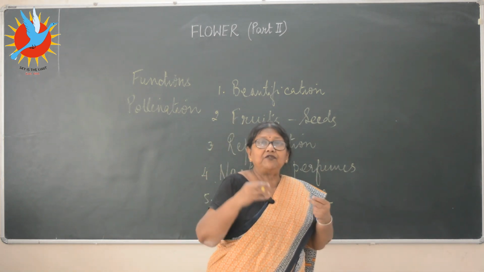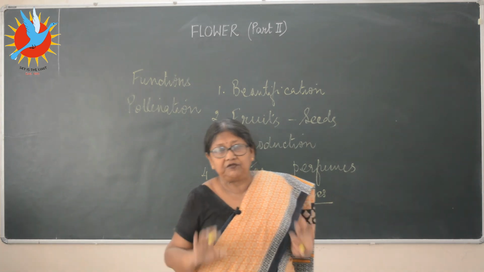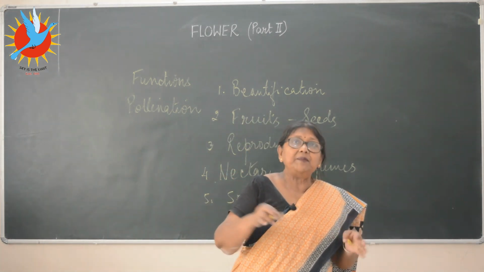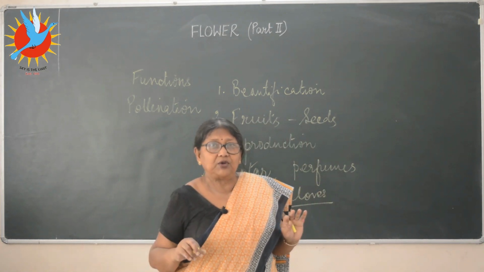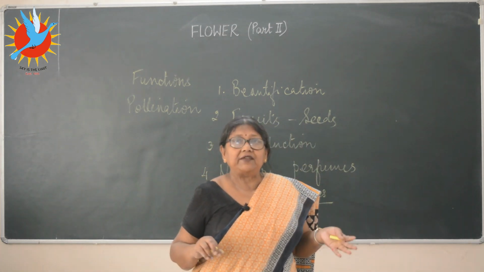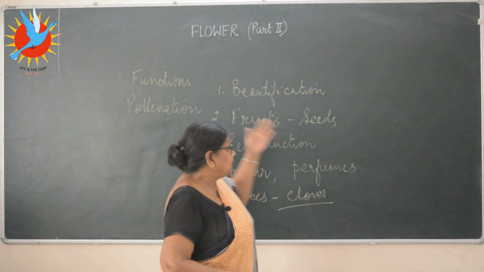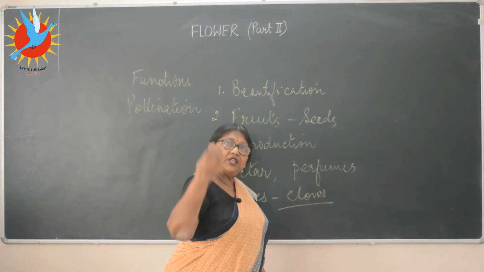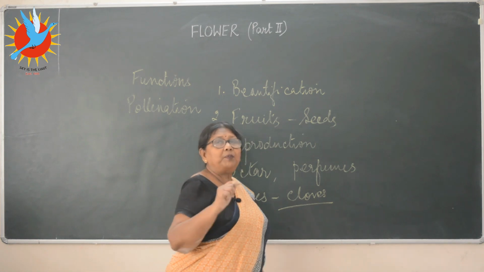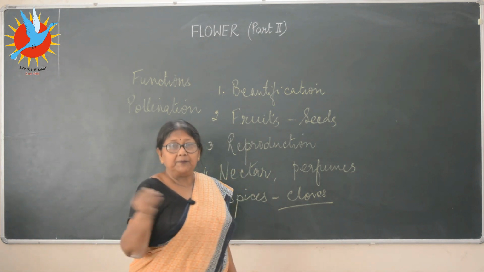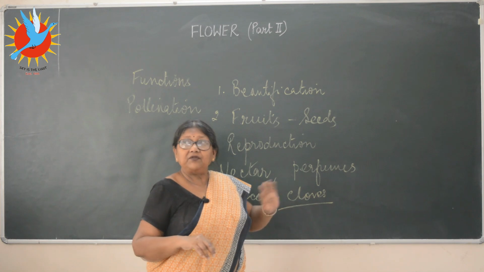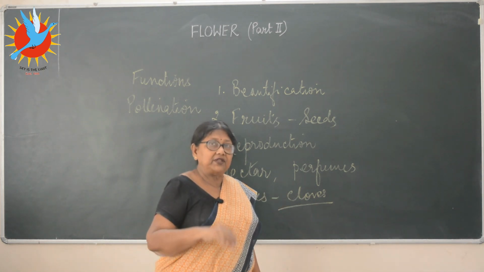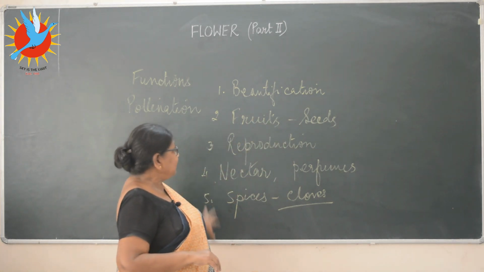So mainly flowers are used for beautification. The flowers are grown on the plants, and green plants are absolutely necessary to us. Without them, there will be no life. And the flowers produce the fruits. Inside the fruits, the seeds. Seeds will grow into new plants, and this way the whole plant world will be surrounding us, and that will have the connection between the plants and the animals, or with us. So these are the common functions of the flowers.